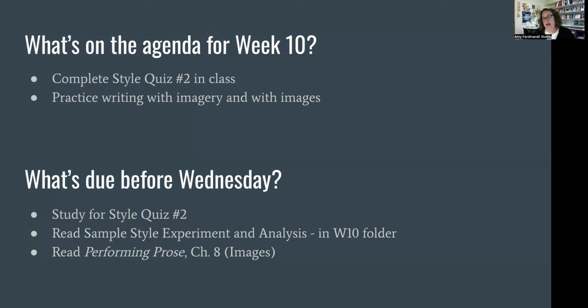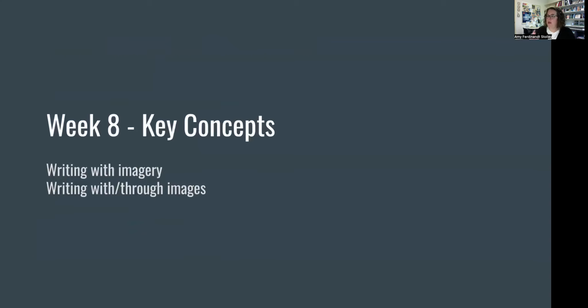And then finally, I'd like you to read Performing Prose, Chapter 8, which is all about writing with images and focused on that core element, which is what we'll be discussing in class after the quiz. The key concept for this week to pay attention to is writing with imagery. That includes descriptive, imagistic language in our text itself,